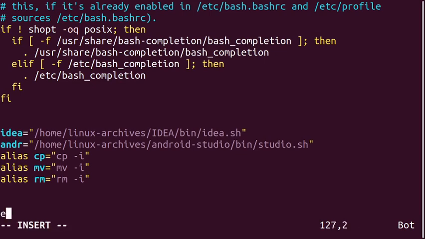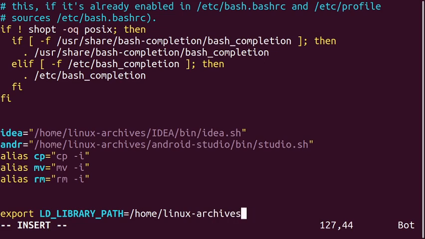Here we can write export. This is the same line which we have written in the shell.